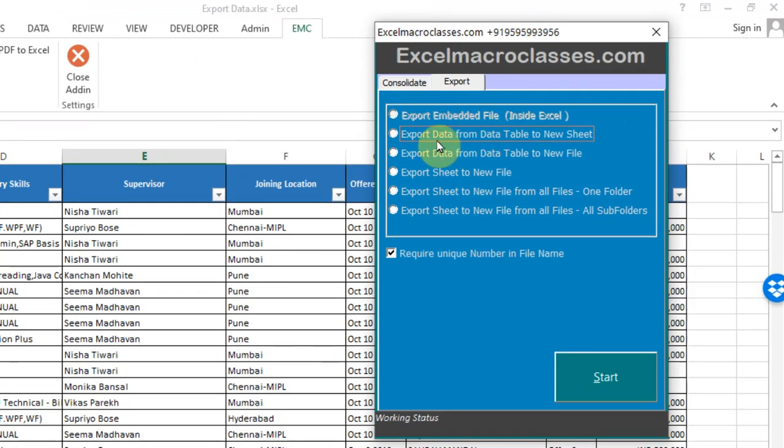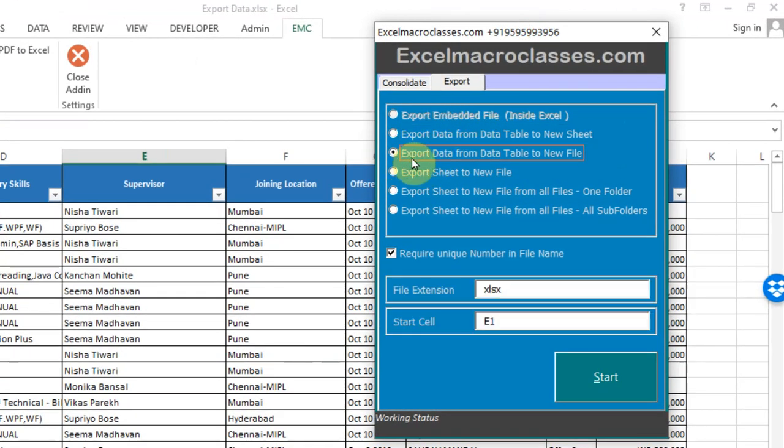Under this, we have to go with option number 3, export data from data table to new file, and we don't want a unique number in the file name, and this data is starting from E column. So based on E column, I want all unique data as a separate file. So it is starting from E1. Okay, click on start.